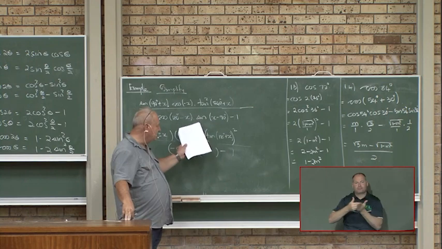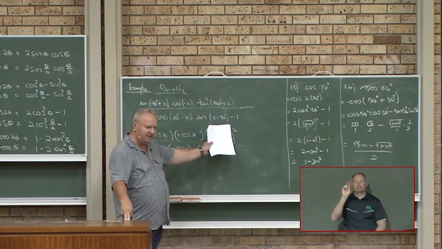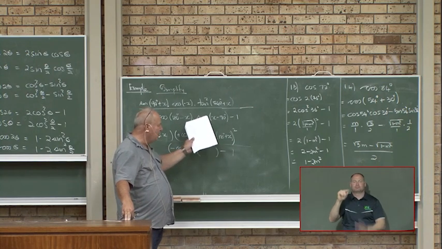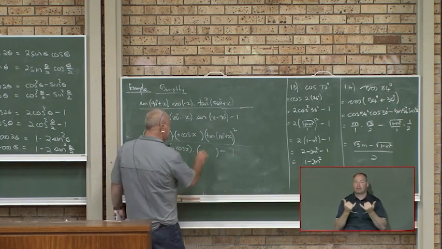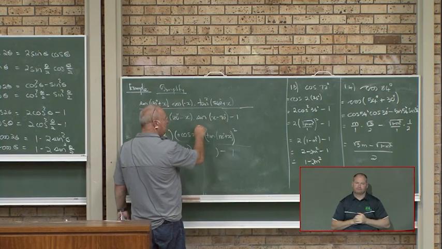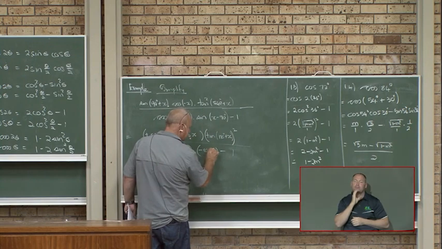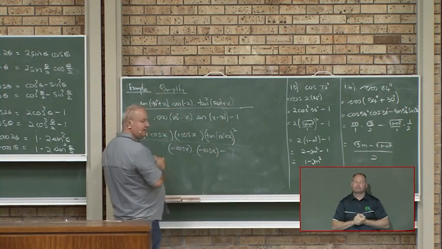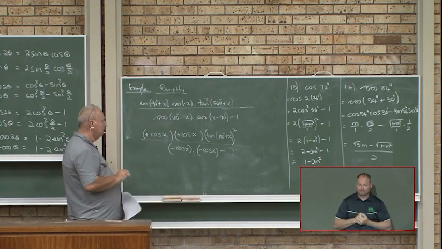So it becomes the sine of negative (90 degrees minus x). But the sine of a negative angle is negative the sine of (90 degrees minus x), which is the cos of x, correct? Does it make sense? Right. Now,